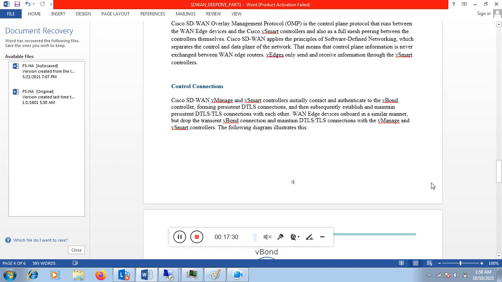Now if we talk about the control connection, as we already discussed, each and every WAN edge forms a control connection with the control cluster, that is vManage, vSmart and vBond. Cisco SD-WAN vManage and vSmart controllers initially contact and authenticate to the vBond controller, forming a persistent DTLS connection, and then subsequently establish and maintain the persistent DTLS and TLS connection with each other. WAN edge devices onboard in a similar manner but drop the transient vBond connection.